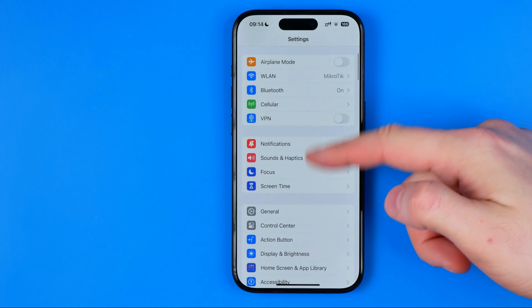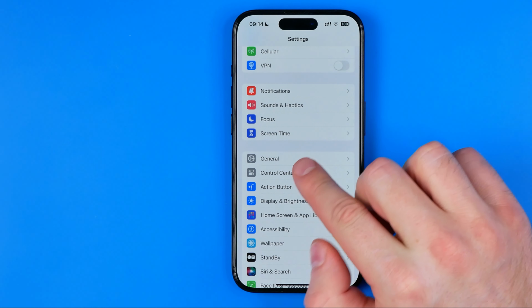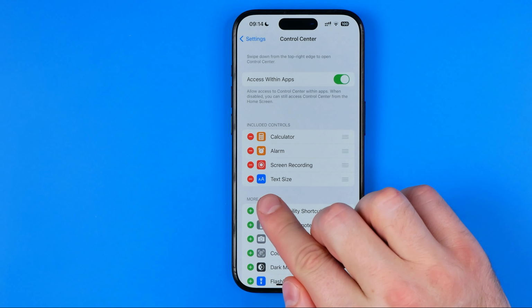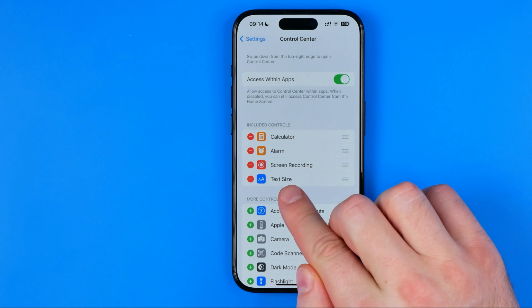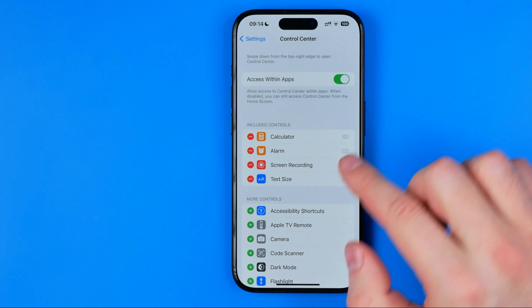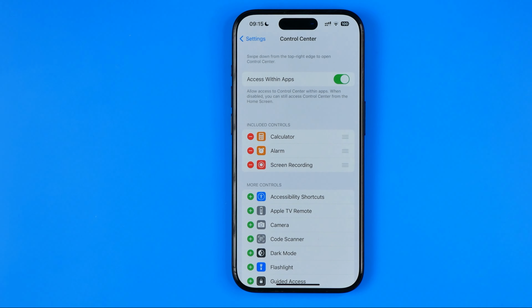On Settings, we need to scroll down a bit until we find Control Center. And that's where we need to ensure if text size shortcut is added to included controls. If it is not here, I'm gonna quickly remove it to demonstrate you how we can easily add it right